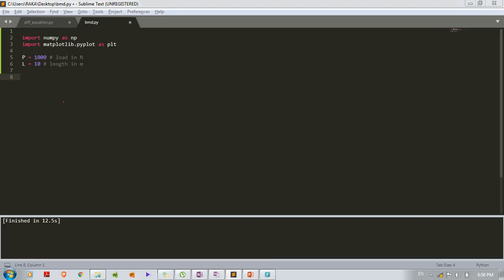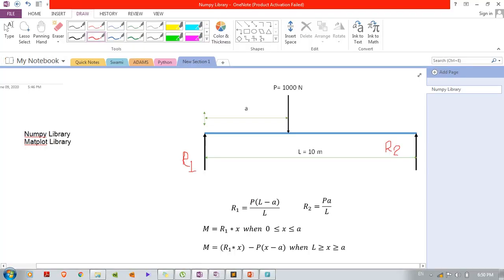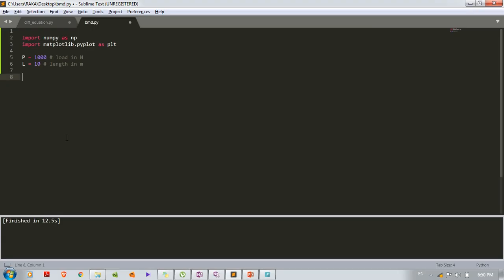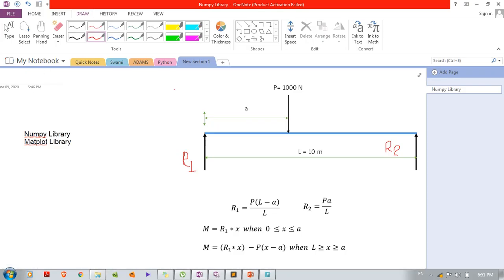Okay. So now what I have to do, I have to calculate reactions at both the ends. So R1 and R2. So now calculate R1 is equal to P into in bracket L minus A. Right now A is not defined. So first we have to define A. A is the distance of P from left end.